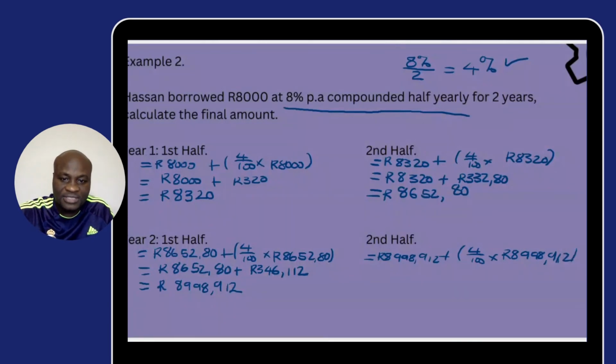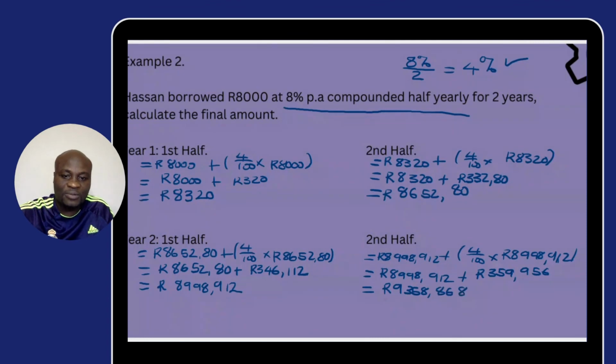We bring down some calculation, 8,998.912 plus, what is 4% of that amount now is going to be 359 rands, 0.956. And when we add them together to get our accumulated amount that we are looking for, it's 9,358 rands,